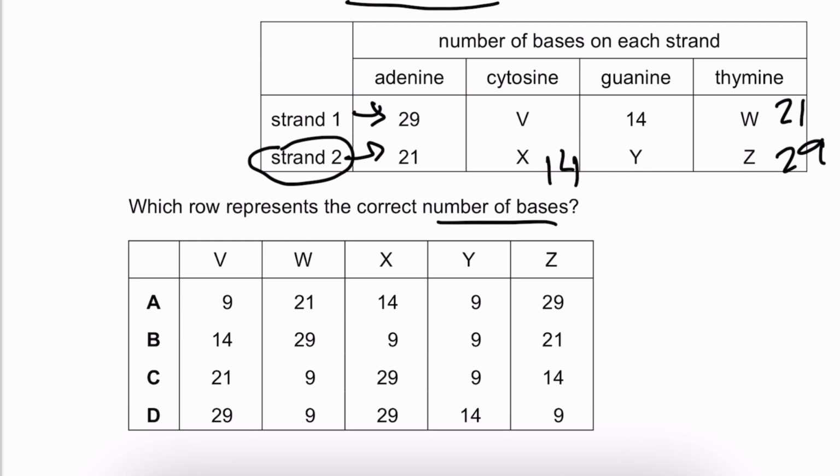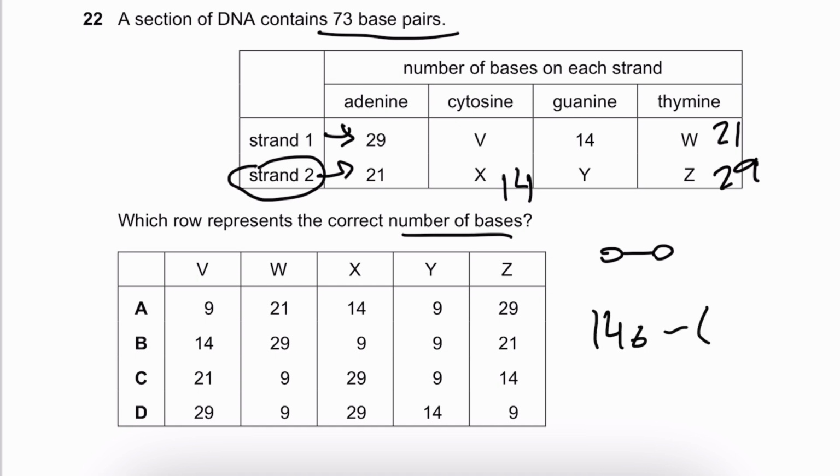So 73 base pairs, you have already a whole bunch of them. All that's left is cytosine and guanine. So remember, a base pair is two bases paired together, right? So it's two bases. So 73 times 2 is 146. 146 minus 29 plus 21 plus 14 plus 14 plus 29, 21 plus 29. And then if we subtract all this, we're going to be able to get the rest of